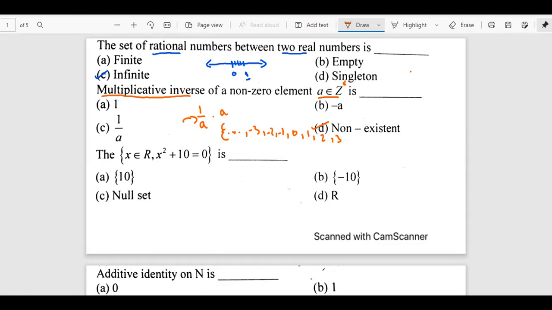Very well done. So, just be very, very careful about the set. D is the answer. Very well. Okay. Then we have the set